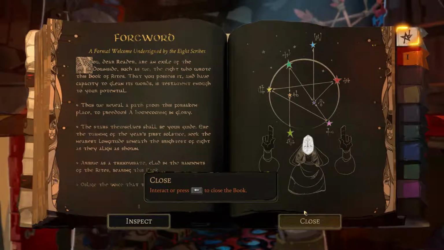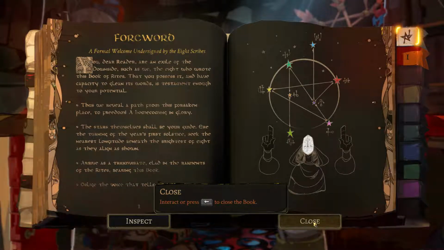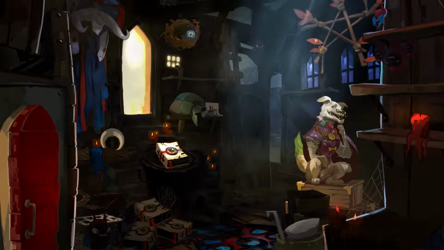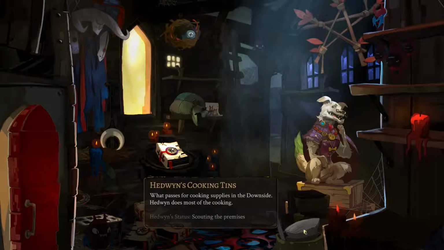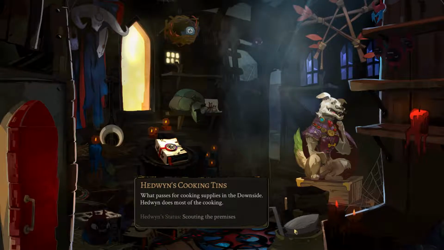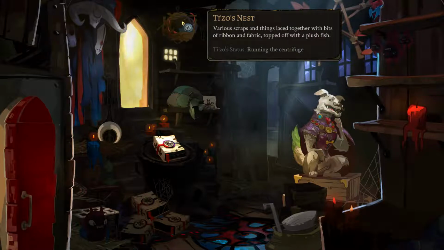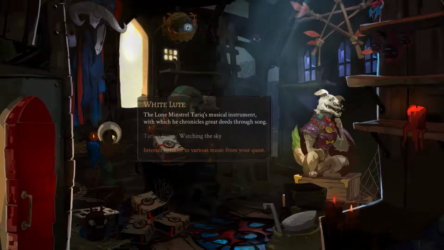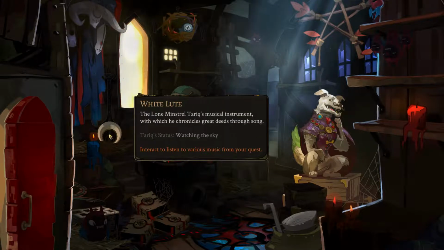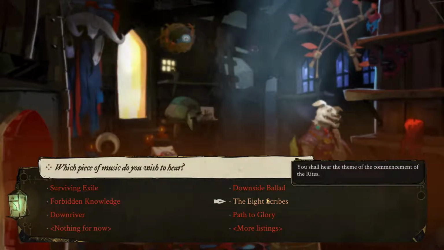Now, this is more of an ensemble game than older Supergiant games where it was just the Kid, or just Rose was her name, the protagonist rather, in Transistor. So this is your primary hub, and there's neat little touches, like when I hover over Headwind's cooking tins, it tells me that Headwind's actually scouting the premises. And Tizo's running the centrifuge. The minstrel Tariq, he's watching the sky. We can actually play versions of the game's music through here. So, for example, I could...